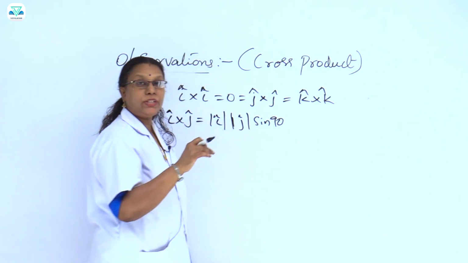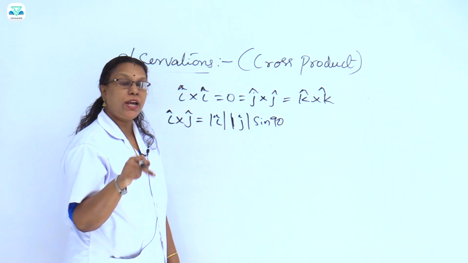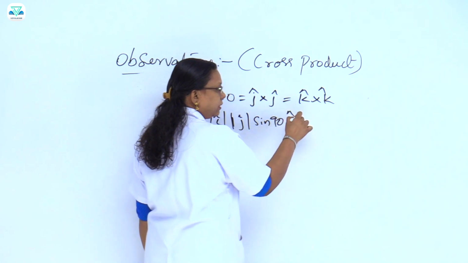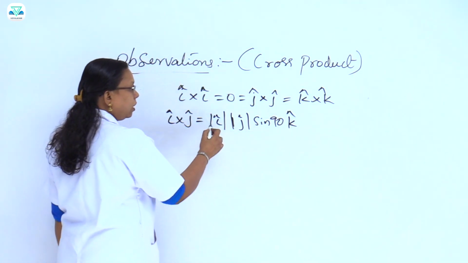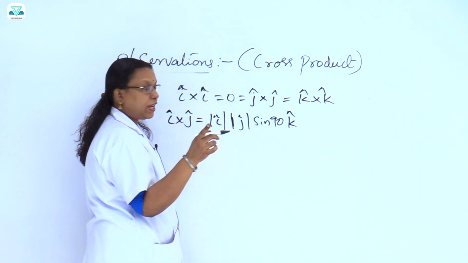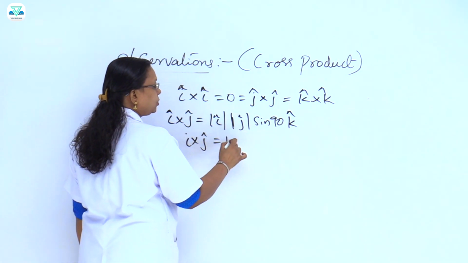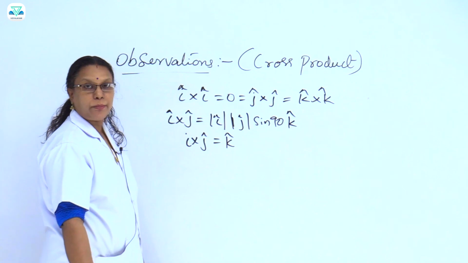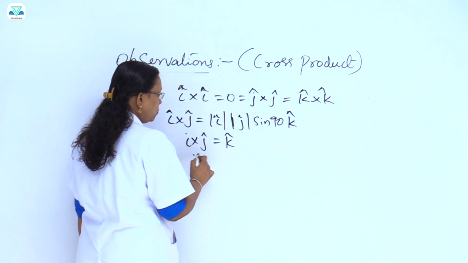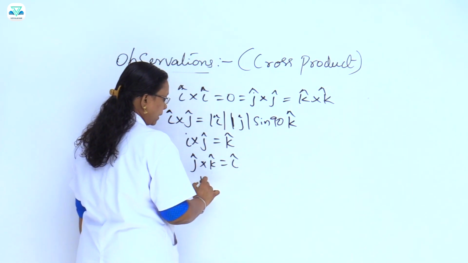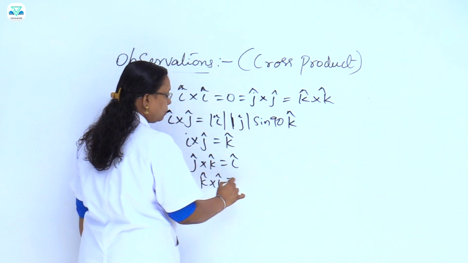And what is the unit vector perpendicular to I and J? The vector perpendicular to I and J is the K vector, K cap. So modulus I is 1, modulus J is 1, sin 90 is 1. So I cross J is equal to K cap. Similarly J cross K will be equal to I cap and K cross I will be equal to